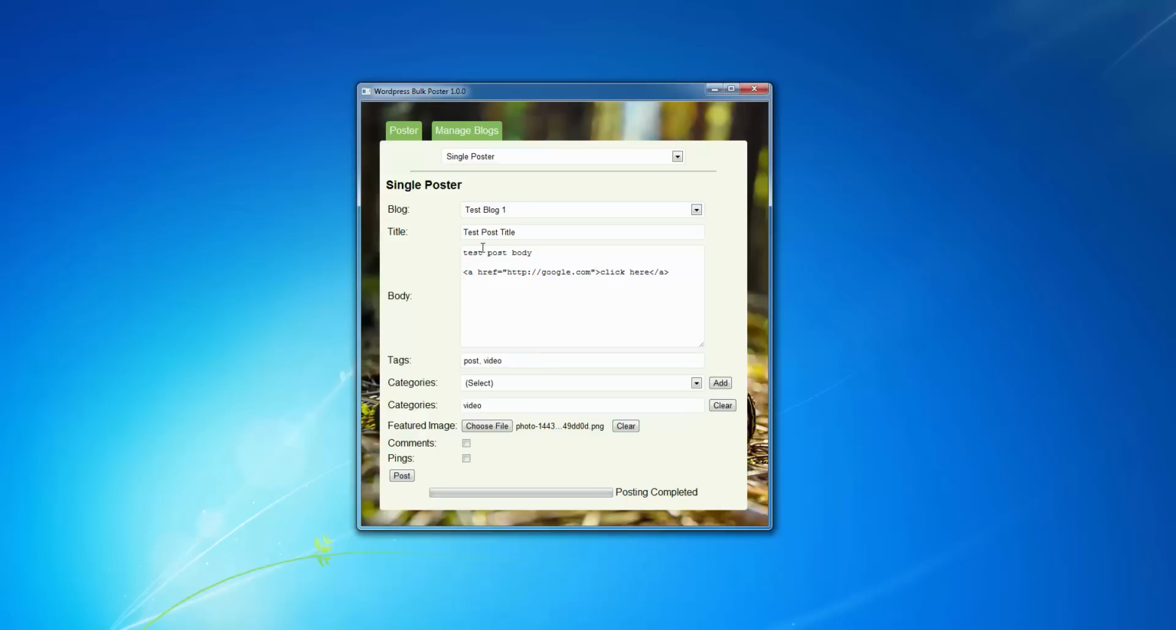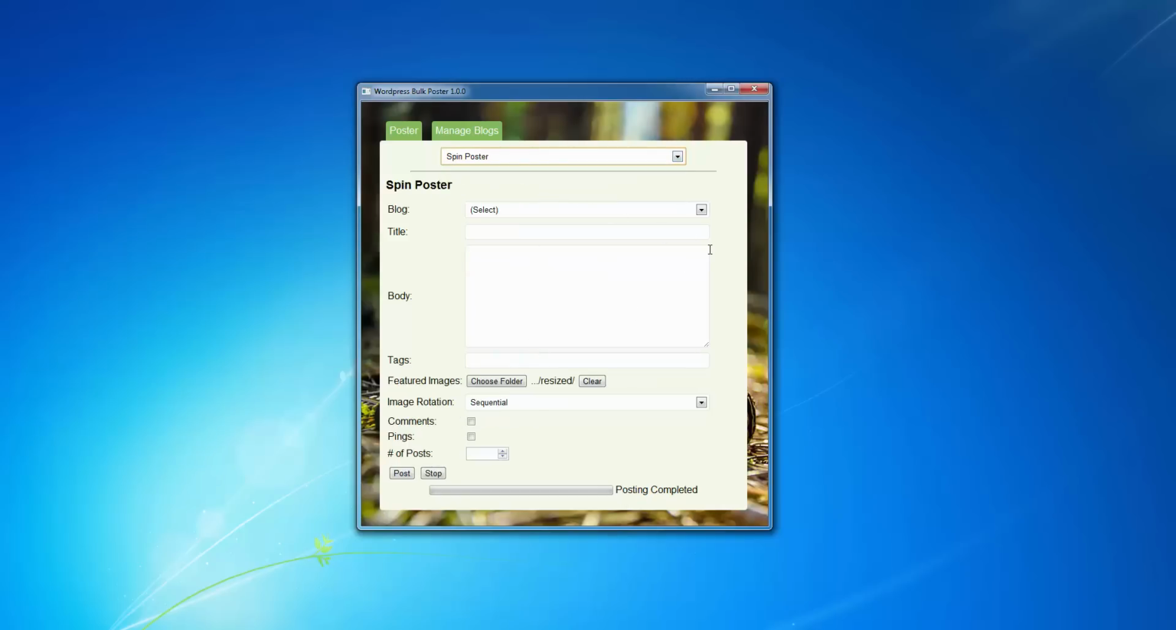So again, this is the single poster. It's going to give you the most flexibility. If you're looking for just bulk posting, you can use the bulk poster, or in this case, we also have a spin poster. So I'm just going to create some spin tags, and in this case, we're going to post this to blog 2. And I'm going to say like, hi,